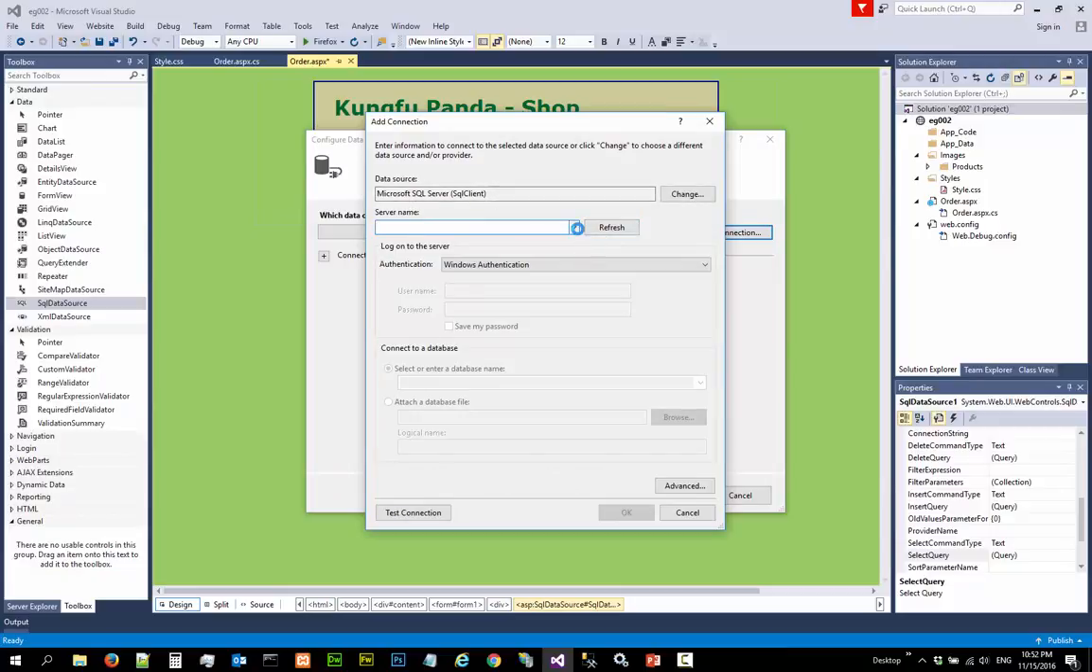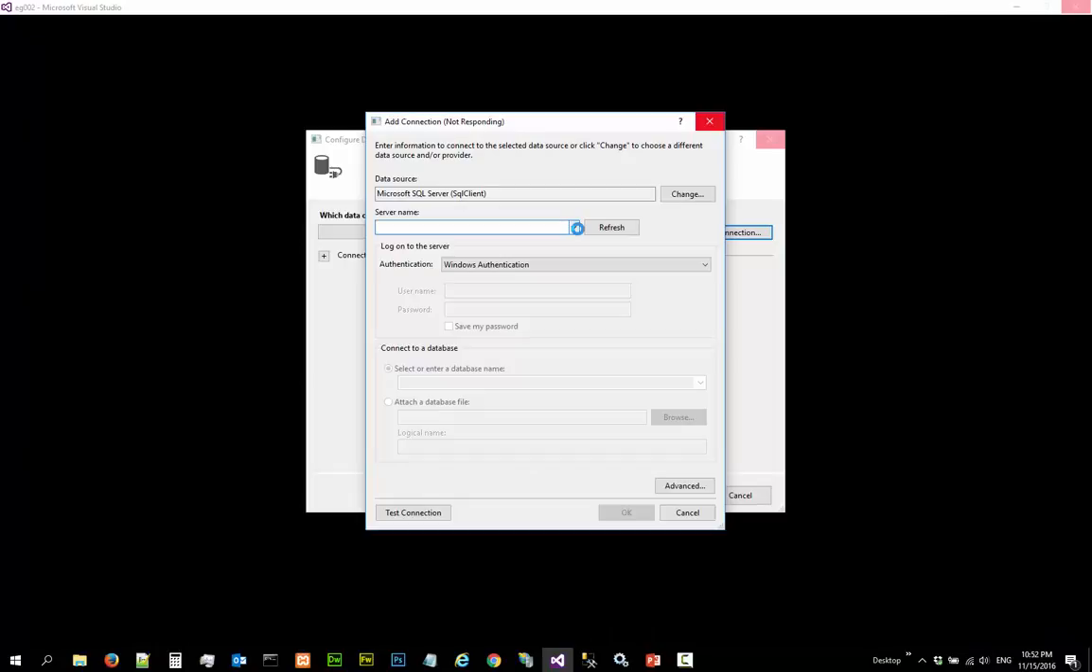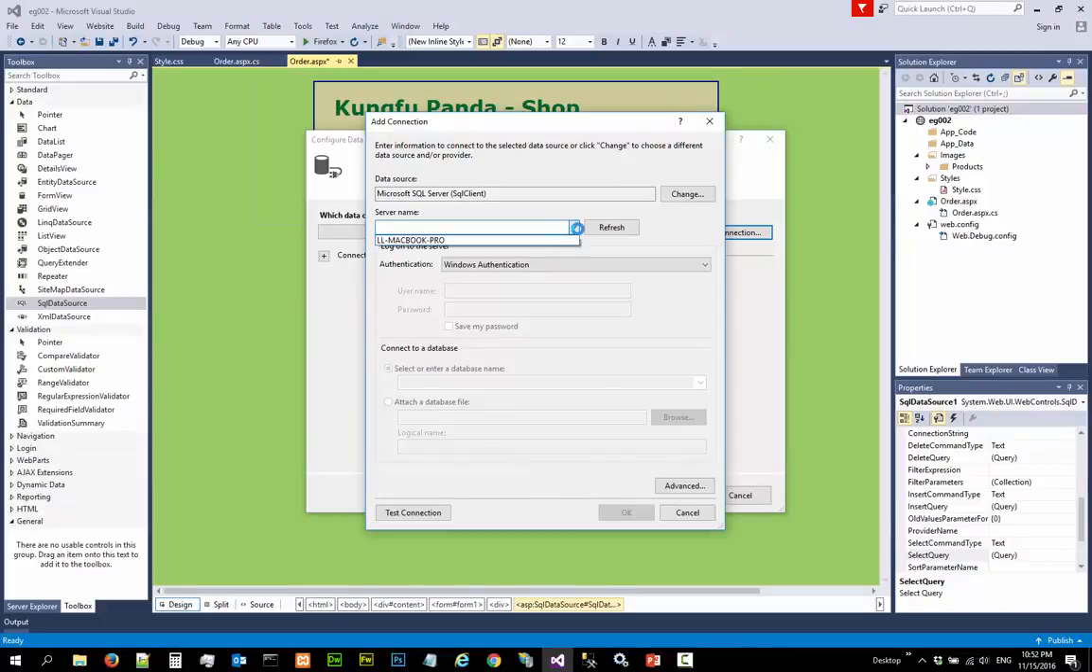Okay, and the server name is the name of this SQL Server, of course. Alright, but I don't really like to use this. I would like to use localhost. The reason is if I use localhost, if I move this application to another server with a different server name, it should still work. Okay, so localhost,